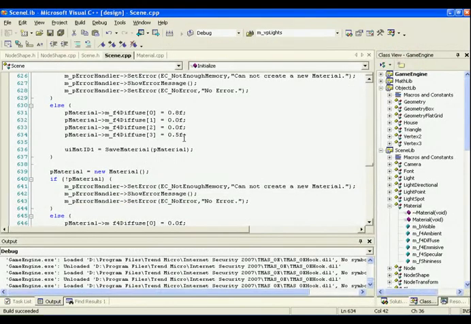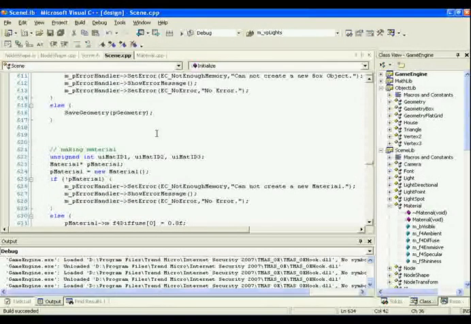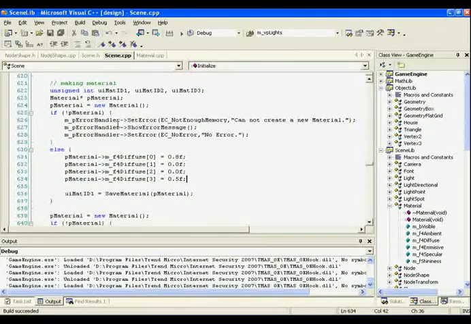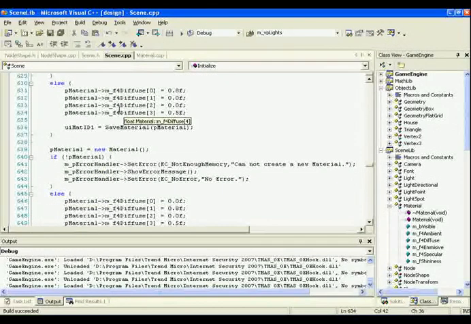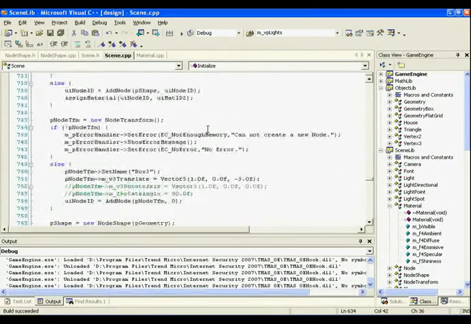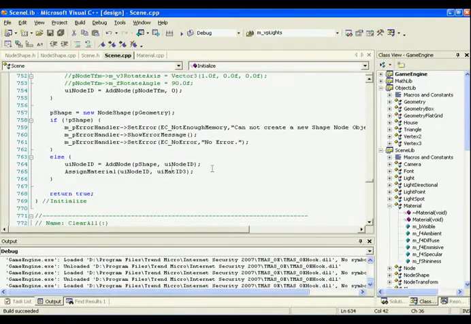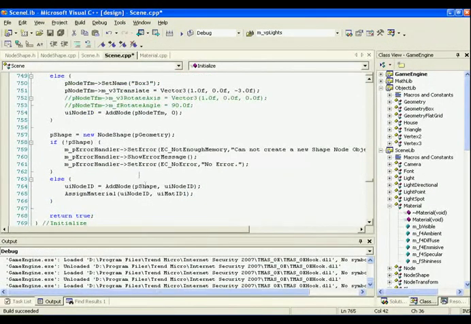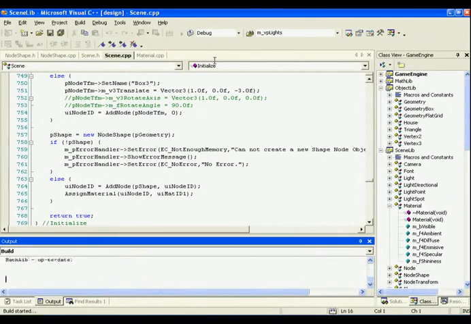Okay, so that's working with materials and different kinds of shapes. Remember, we only need to create the material once. After we've created it, we can assign it to anything we want. And we're not restricted to assigning one material per object. I never showed you this, but let's go quickly do this. Here we're assigning material. I can go ahead and reuse materials. So doing this will give us 2 red objects and 1 green one, because